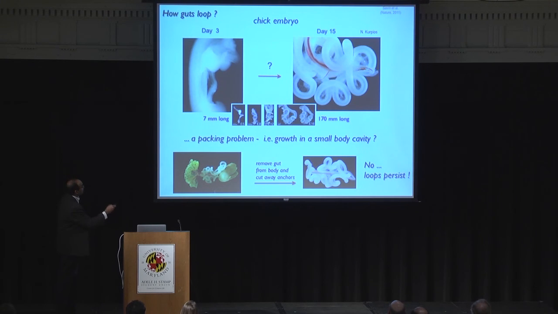That red thing over here is the supramesenteric artery. And that you see over here as well. So the loops persist. So it is not a solution to a packing problem. Okay? So then I want to come back to the other